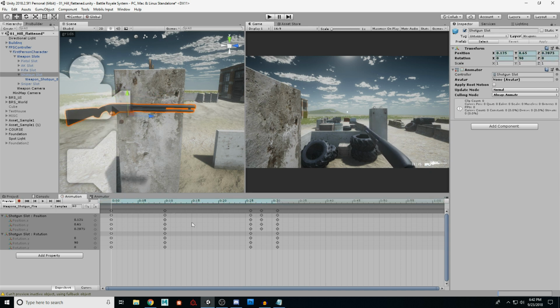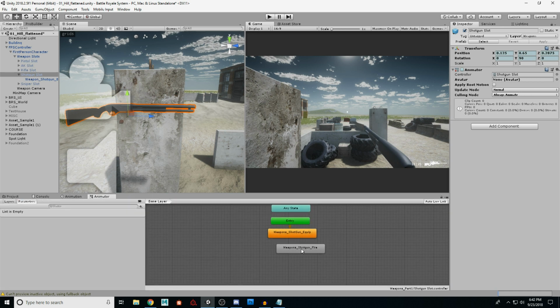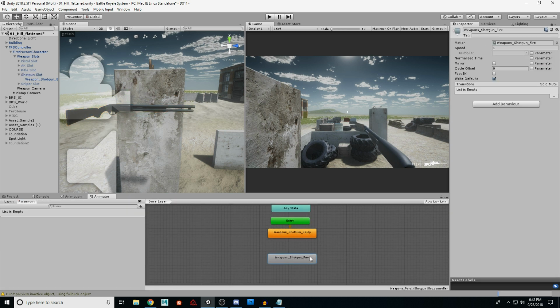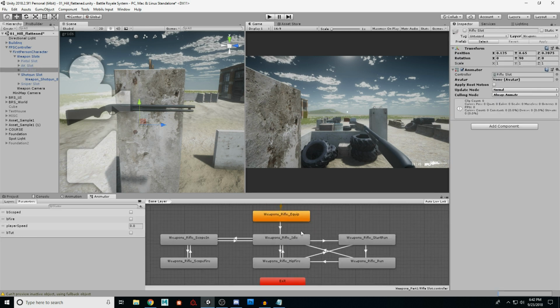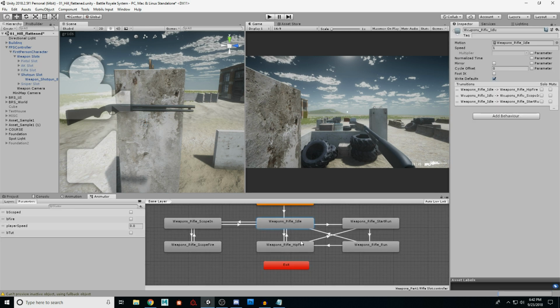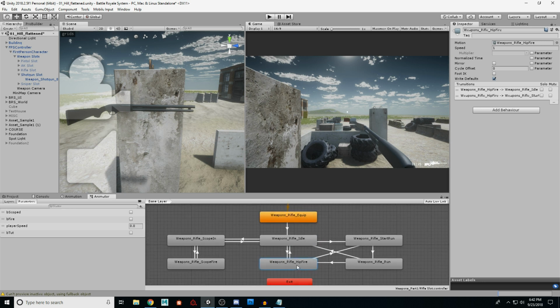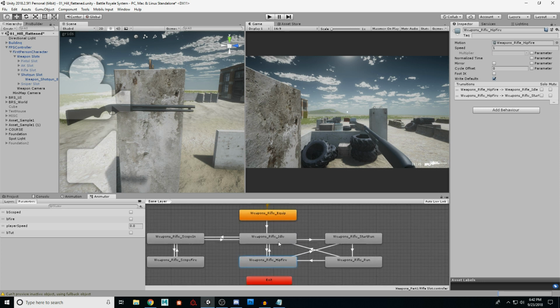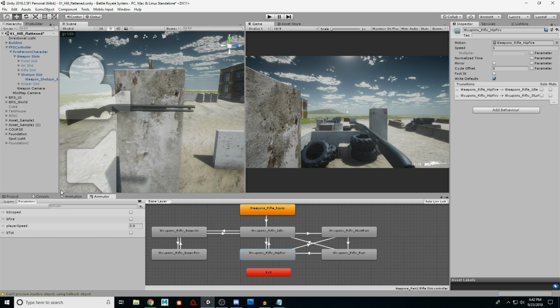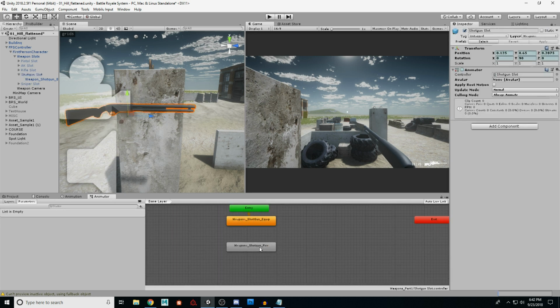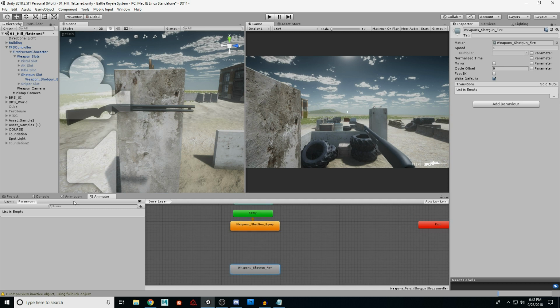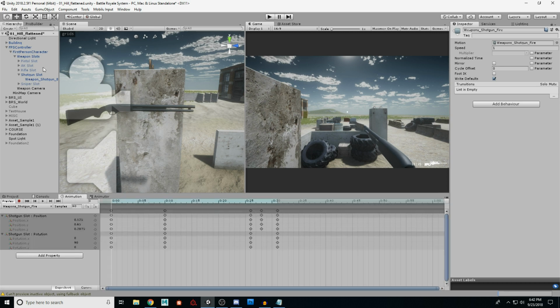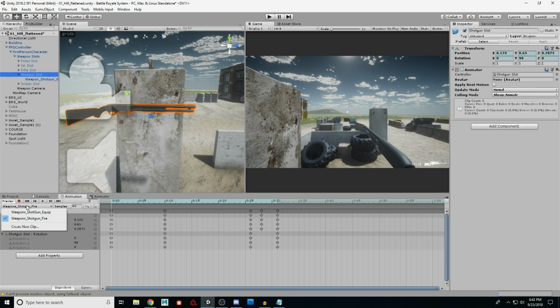Let's go to our animator and see how things are going. So again, this is our fire state. So if we look at our rifle as a reference here, we have to create an idle. So our fire state is going to be down here. We're not going to have it scoped in for this example, so this could be this right half. So we go over to shotgun and say, okay, we have a state in between here that we still need to create, which is the idle. Okay, easy enough. Shotgun, new clip,